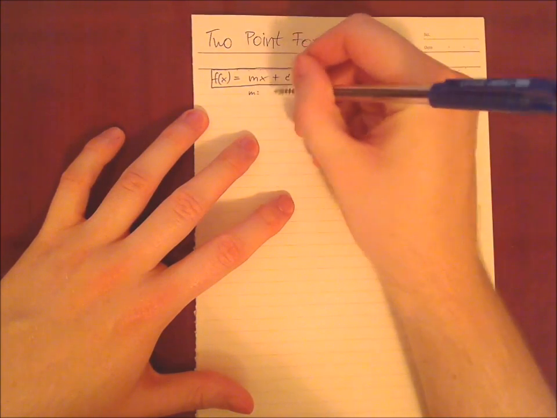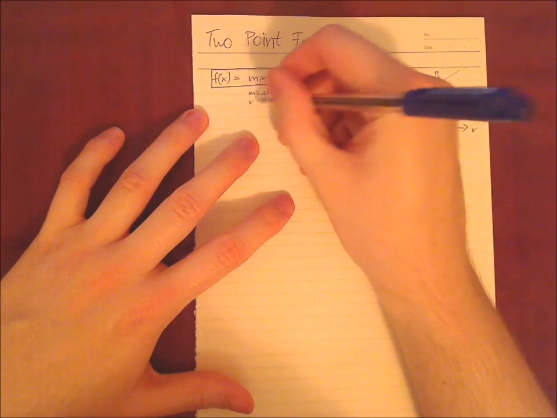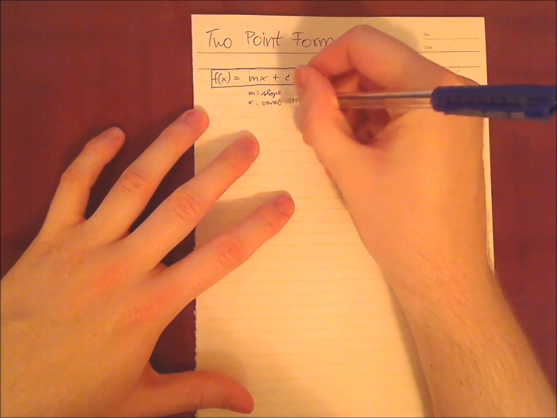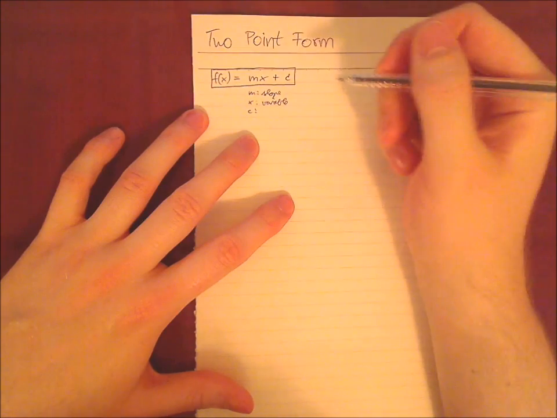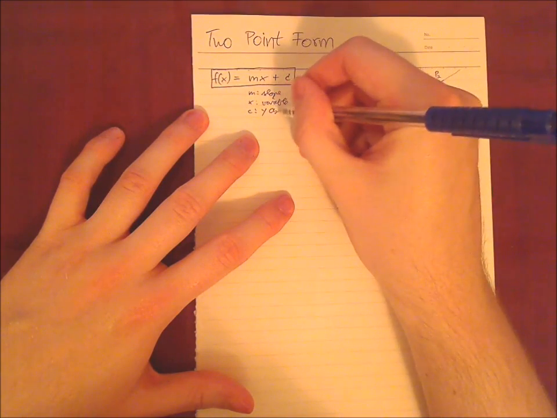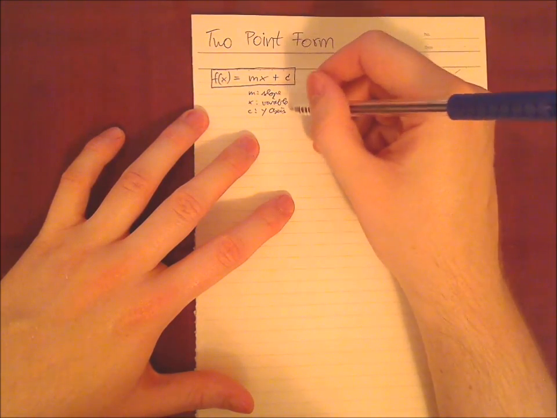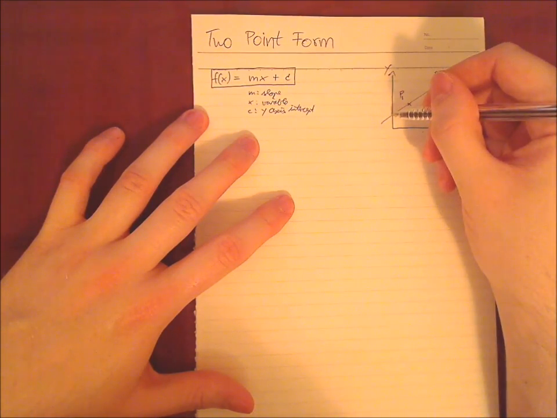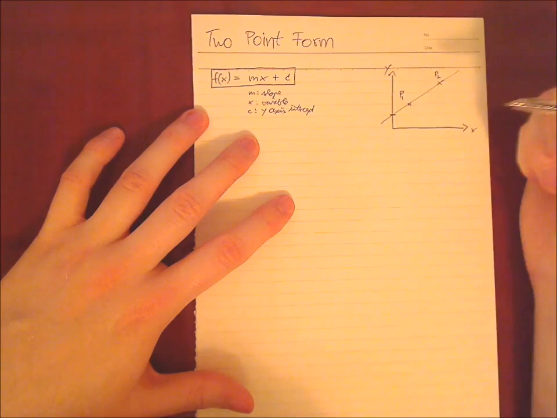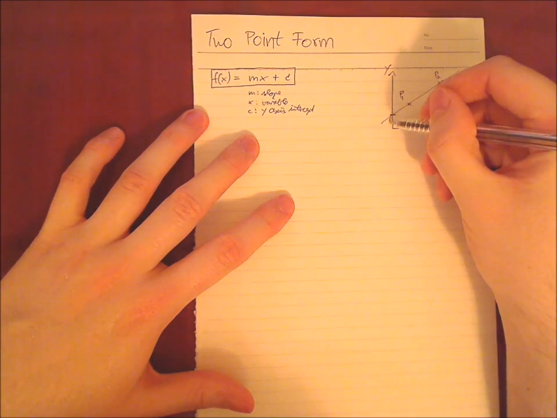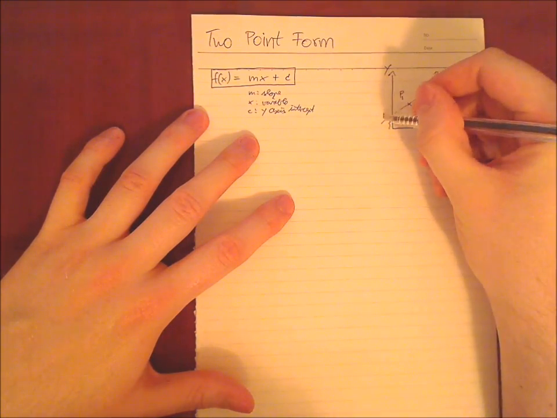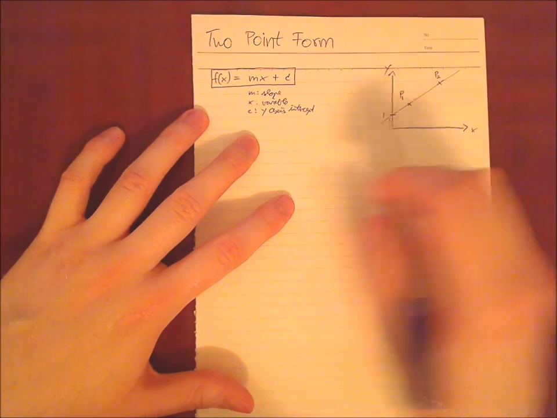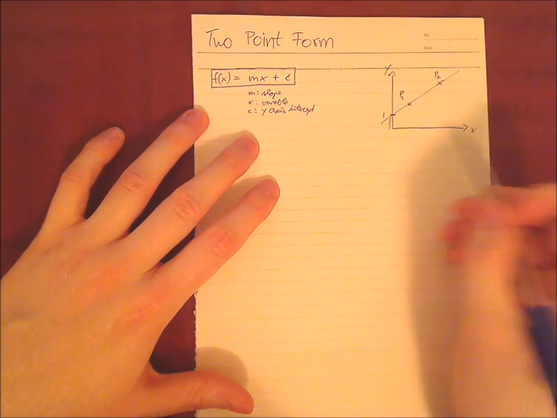m is the slope, x is the variable, c is the y-axis intercept. Like the c you can always see here. This is the c, like this value. Maybe it's 1 in this case, so c would be 1. And why is that? If we insert, like, you see, there's x,